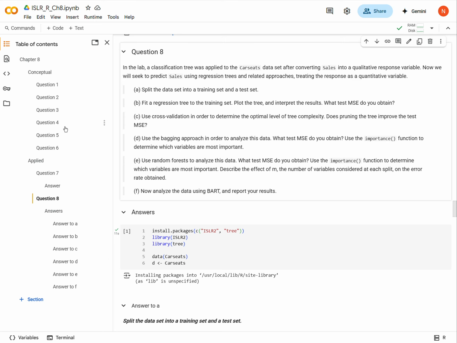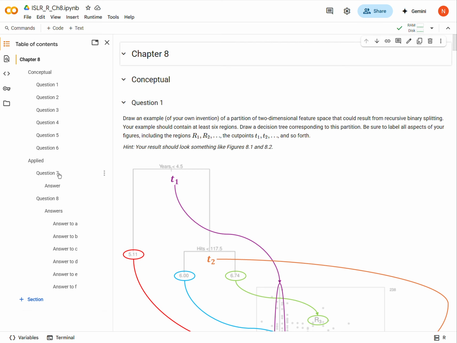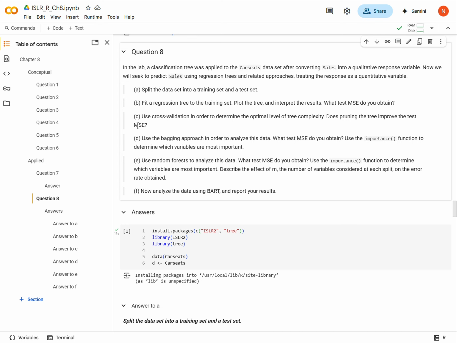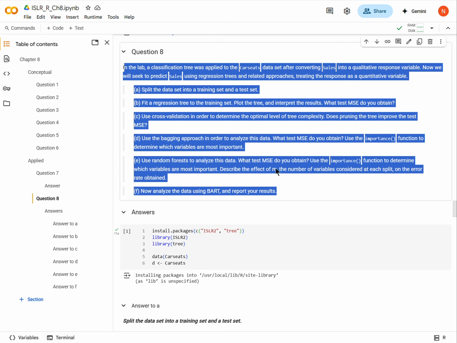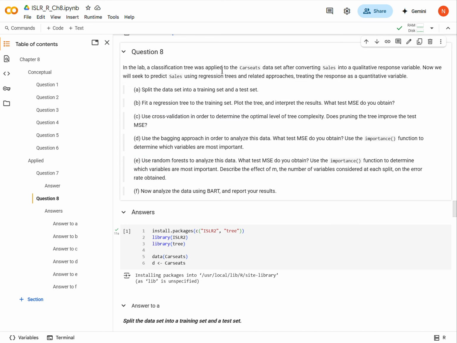Introduction to Statistical Learning, and we're in Chapter 8 and Question 8. Here's all of the questions, and so we'll just come to them one at a time. But basically, we're going to be using different methods that we learned in this chapter to assess the Carseats data,